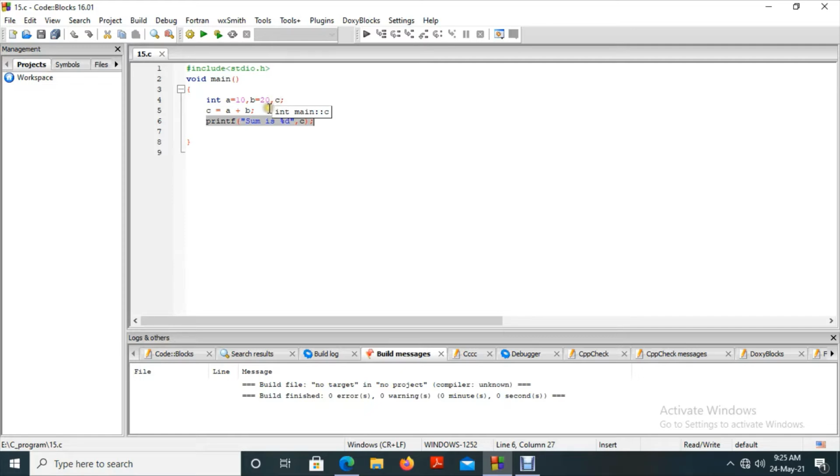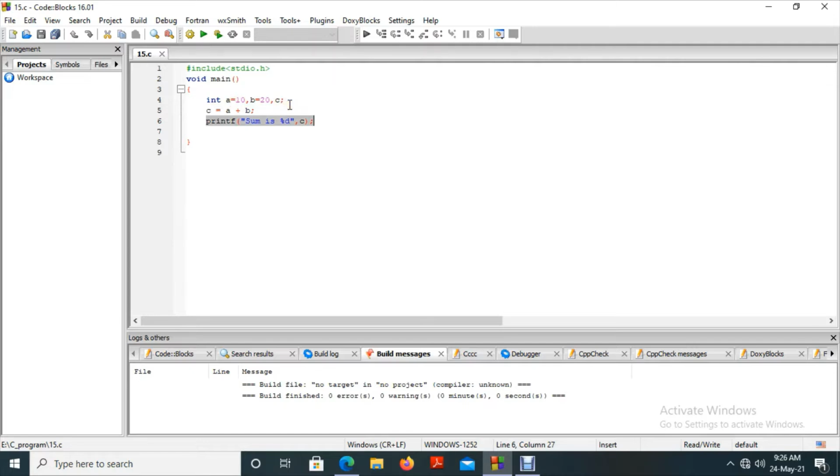Here the concept is, I will explain. Here a equal to 10 and b equal to 20, we are producing the result as 30. Instead of calculating c equal to a plus b, we can directly say that the sum is 30. So this program is not that important, because the input is already mentioned there.